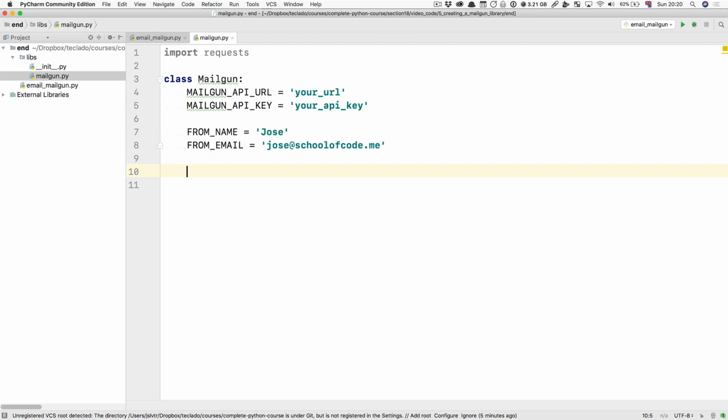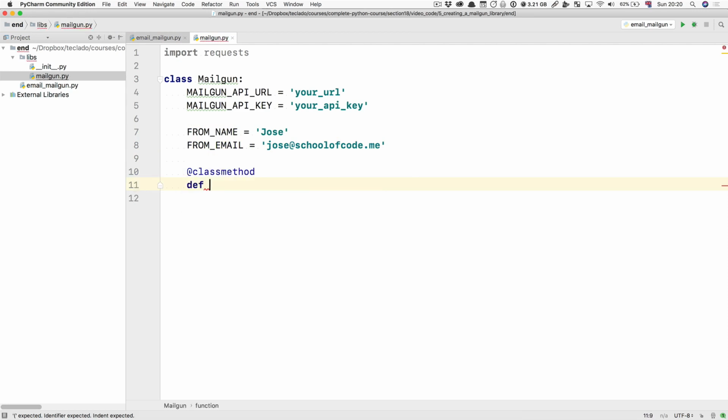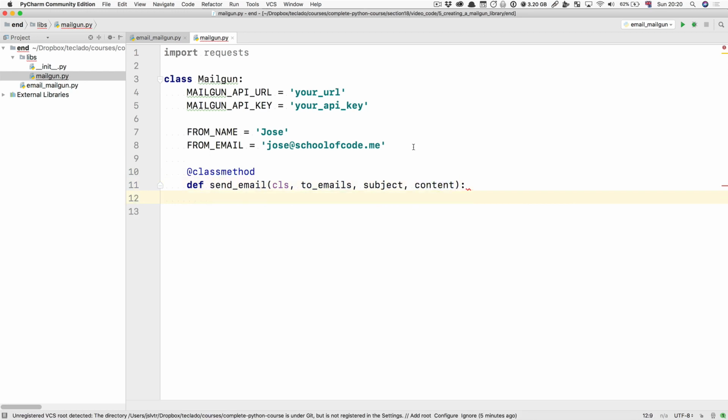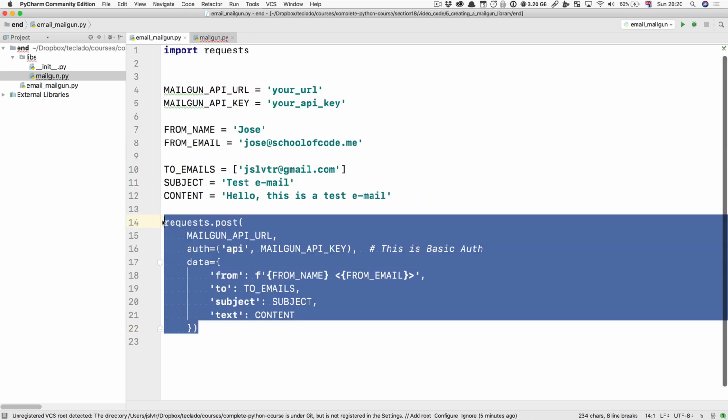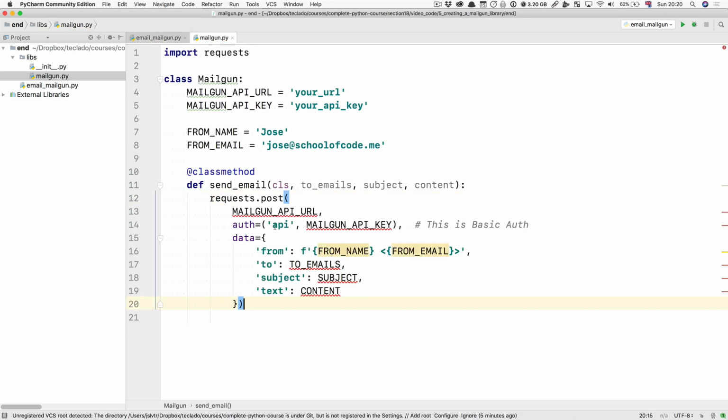Then we're going to have a class method in here that I'm going to call send email. And this is going to get three arguments: the emails that you want to send an email to, the subject, and the content. Okay? And then what we're going to do is copy this requests.post, and instead